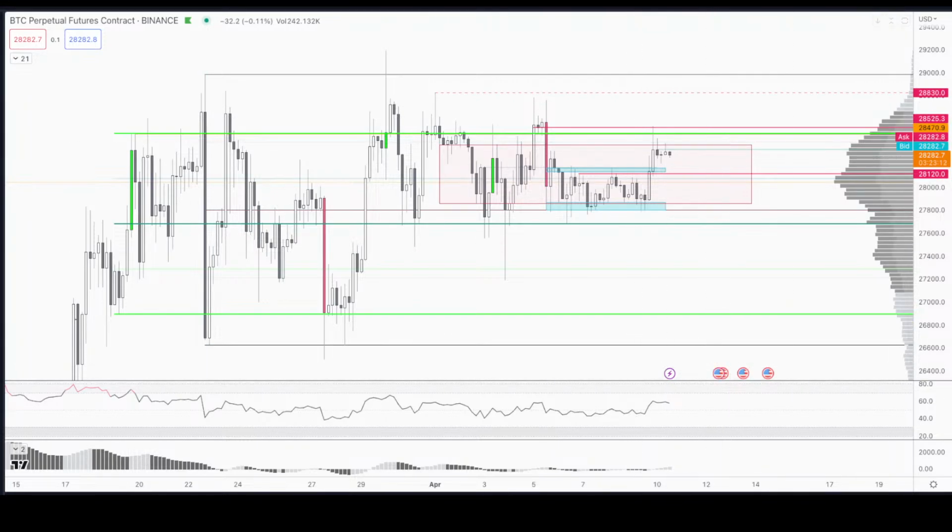So I can see that until this happens, we may still chop in this region, or even maybe come down to this area until then, and if the numbers are good, then continue that little demand zone here at the lows. So that's what I'm looking for. I can actually, if I see the reaction here, if it comes down there, then if I see the reaction,